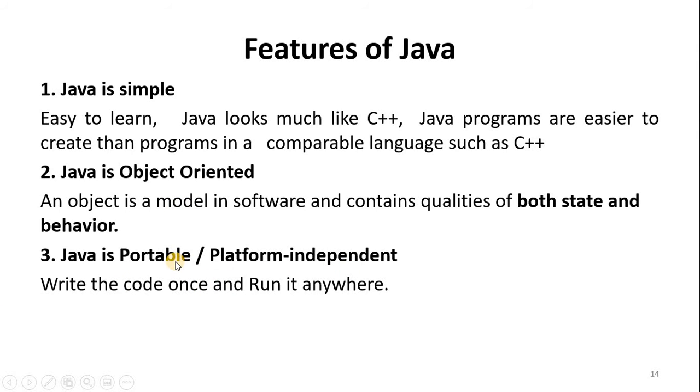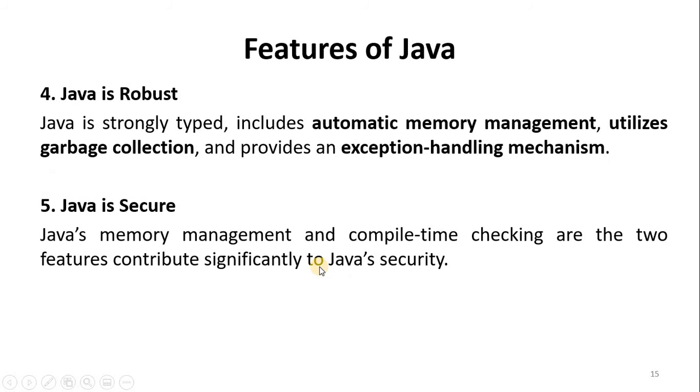Portable in the sense that it is easy to carry. For example, one project you did already can easily be carried to another system. It's possible to transfer, and it can execute on any platform. That is what platform independent means. It can be executed and run anywhere in the world. You are using a different operating system, I am using a different operating system, you may have a different architecture of computer, I may have a different architecture of computer. In any system, Java will be executed. That's what we say is platform independent.